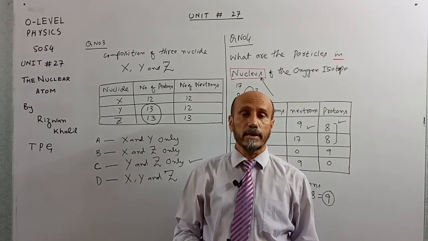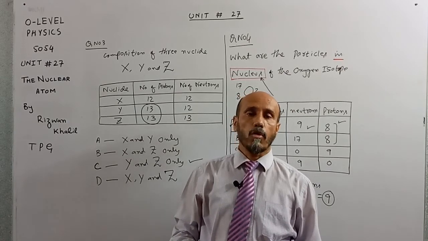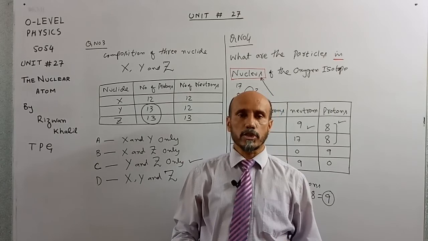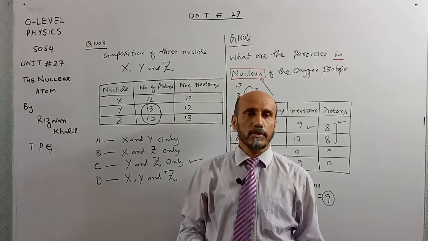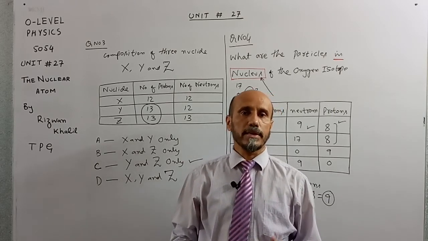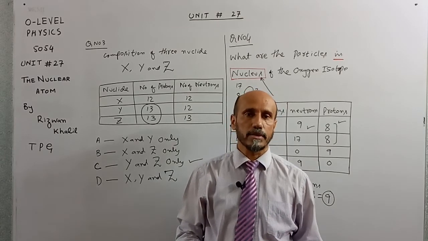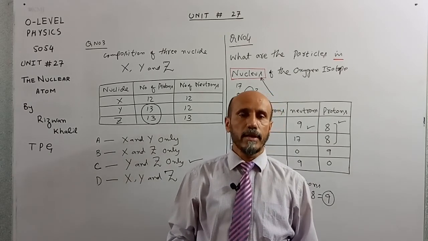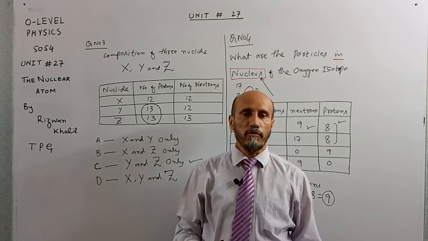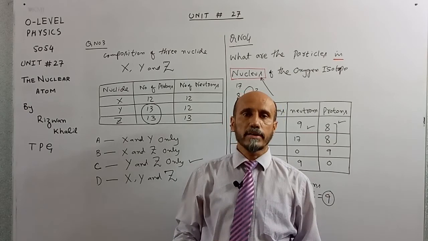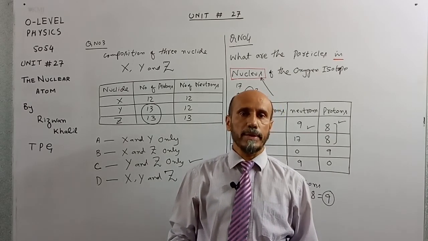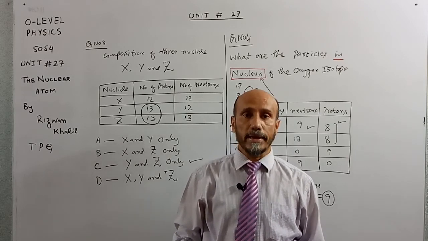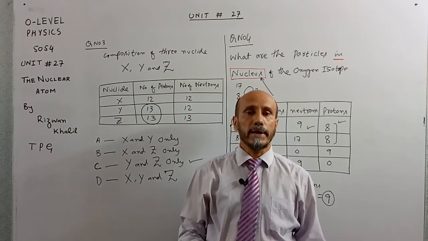So in this way we have covered the unit number 27, and these two units, unit number 26 and 27, are so important that almost you might say every year in section B a question of 15 marks is usually being asked. Sometime it is being asked in section A, but most of the time a full-fledged question of 15 marks is being asked in section B. So prepare these two units as well as you can, and these two units are very easy units.